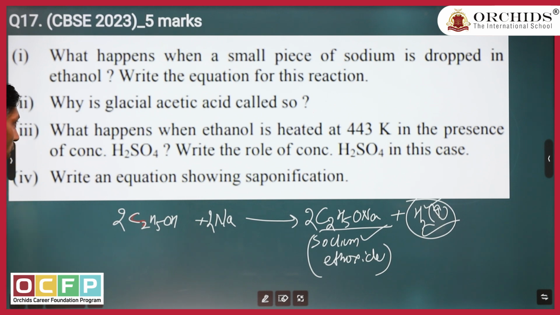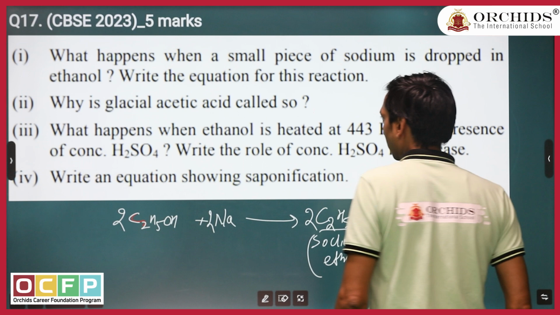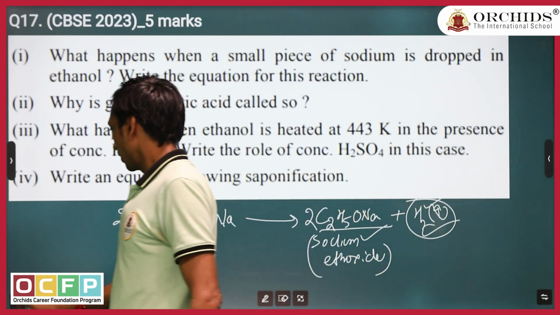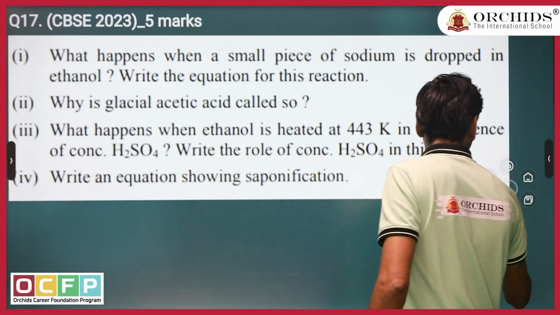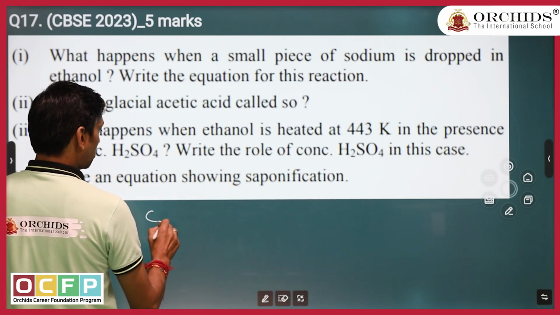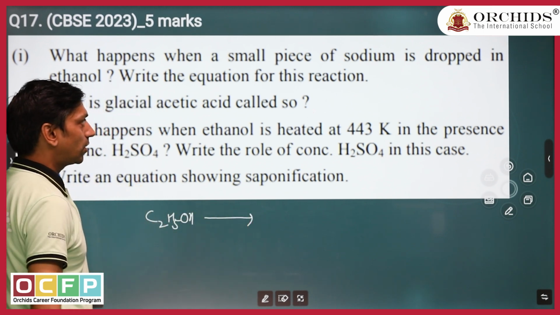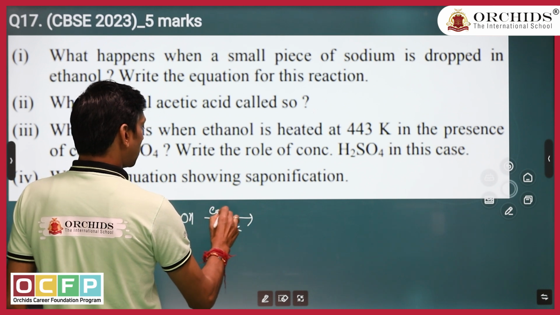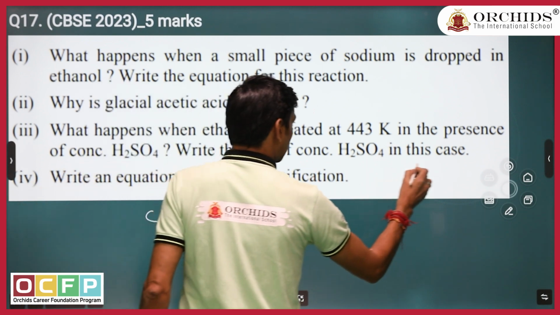Next question is, what happens when ethanol is heated at a temperature of 443 Kelvin in the presence of concentrated H2SO4, and what is the role of concentrated H2SO4? Just now in the previous question we have done this reaction. We have ethanol, C2H5OH, and when you treat this ethanol and heat it to 443 Kelvin using concentrated H2SO4,